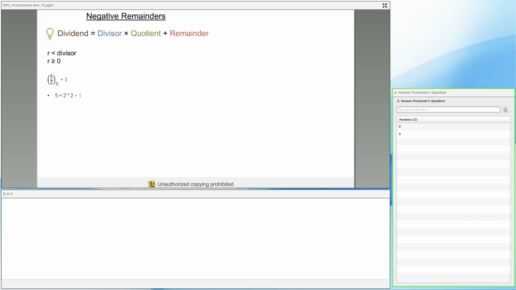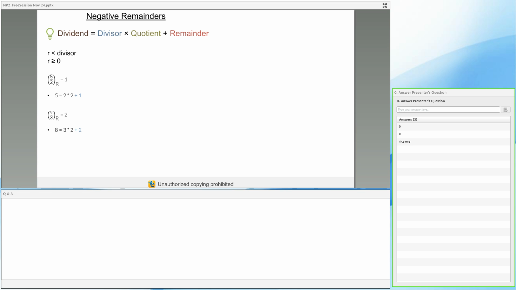The reason I'm teaching you negative remainders is that this concept can help you in some ways solve a lot of questions very easily. And I'll explain this once again by taking very simple examples because it is very easy to understand. So as you can see, 5 divided by 2 gives you a remainder 1, right? And you can write 5 as 2 into 2 plus 1. Another example is when 8 is divided by 3, you get 3 into 2 plus 2. So the remainder is 2.